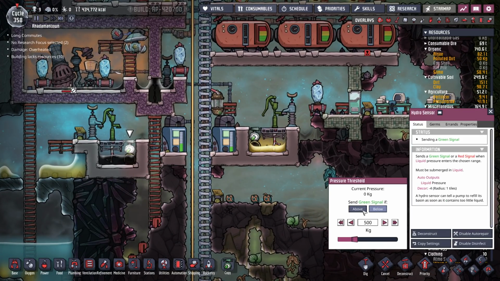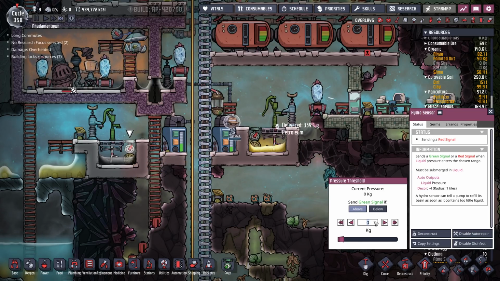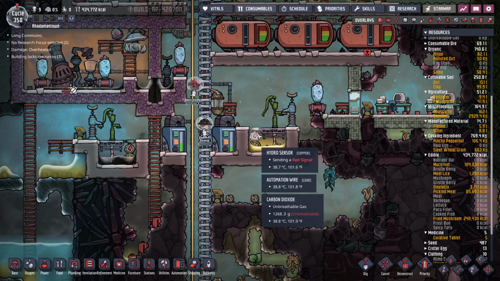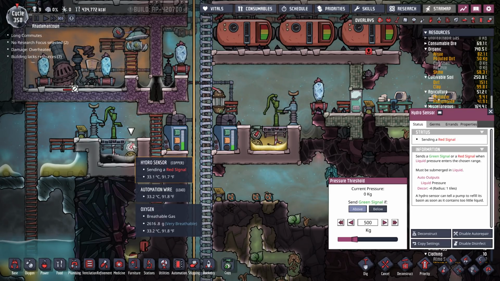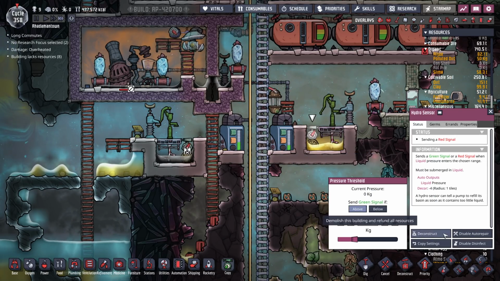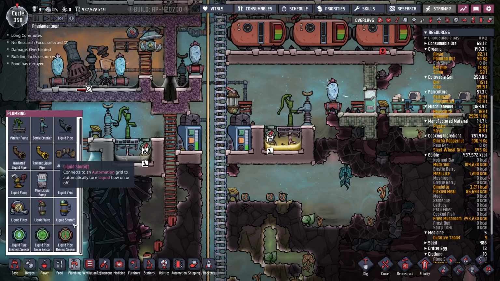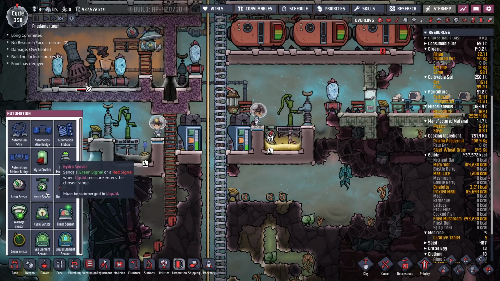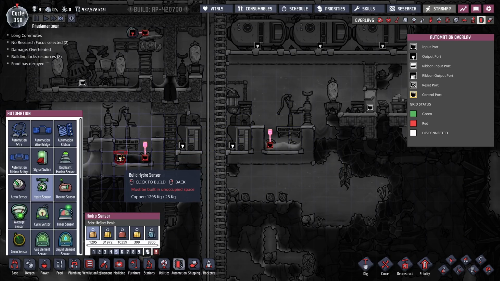Alright, so now this hydro sensor, if above 0, it turns off the vent. And that way... How are you already sensing... Oh, right. This is for inside a pump. Oops. Alright, let's disable the vents manually and fix my stupidity here. Must be submerged. No, it was right. It's got to be submerged in liquid, but I don't...